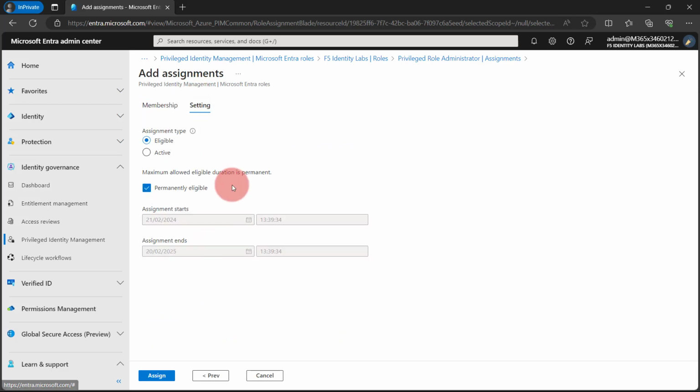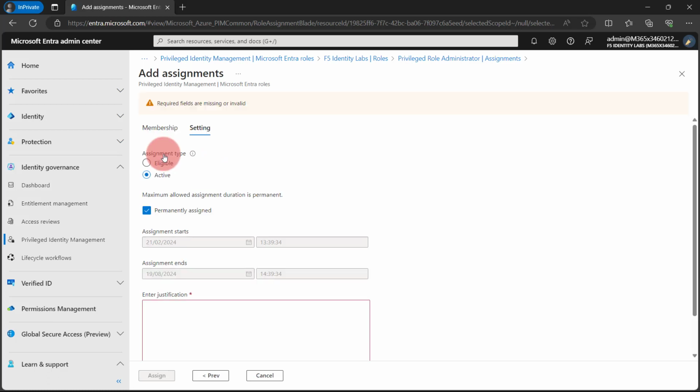So under settings here, I have assignment type to be selected, eligible or active. So I can either permanently enable this role for Alex, so he will be always privileged role administrator, or I can say, okay, Alex will become this privileged role administrator for this period, and I have to provide